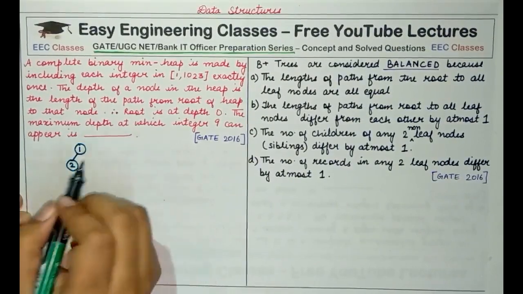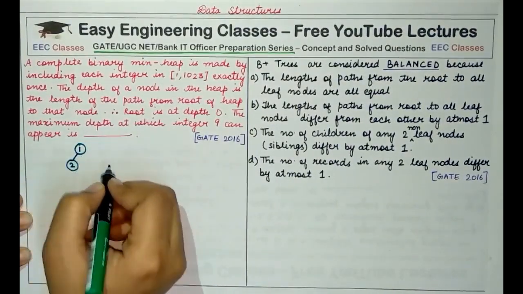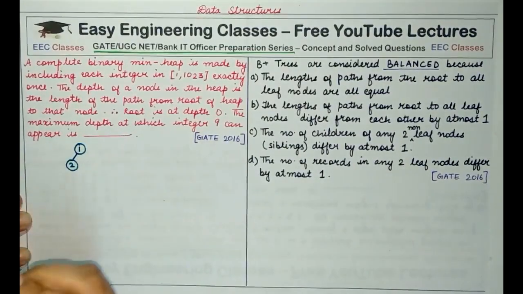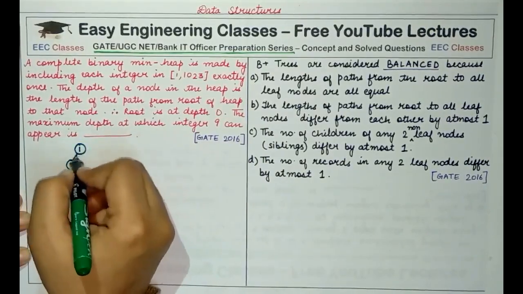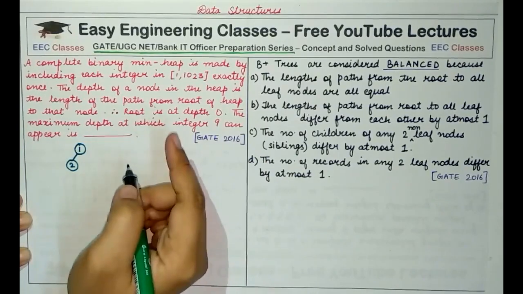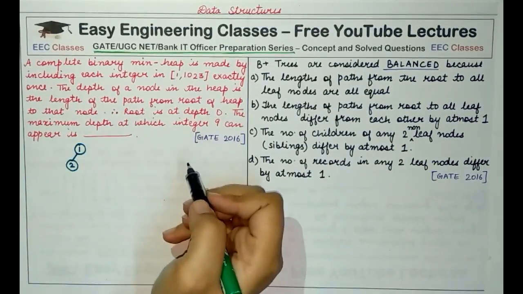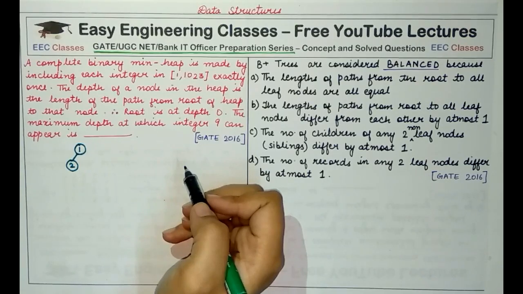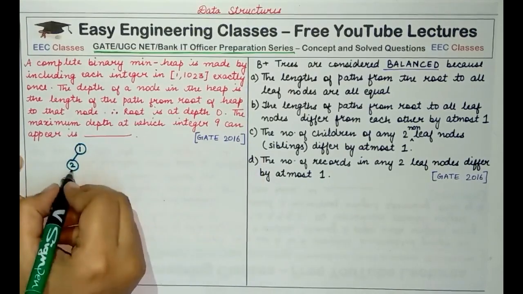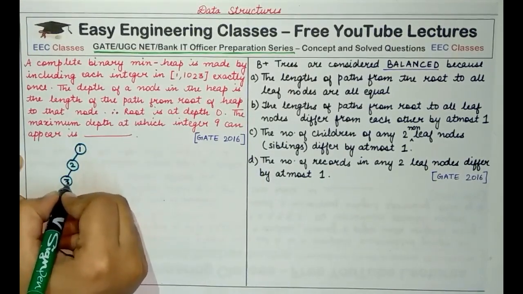Then to place 3, I could place it as the next child of 1, but since I have to ensure that 9 is at the maximum depth, at the farthest distance from the root node, every number less than 9 appearing in this heap should be at the farthest position, so that eventually 9 also falls at the maximum depth possible. So I make a left skewed tree like this,